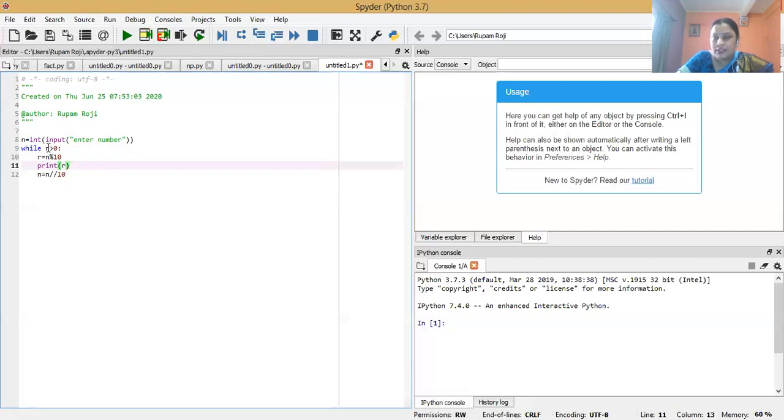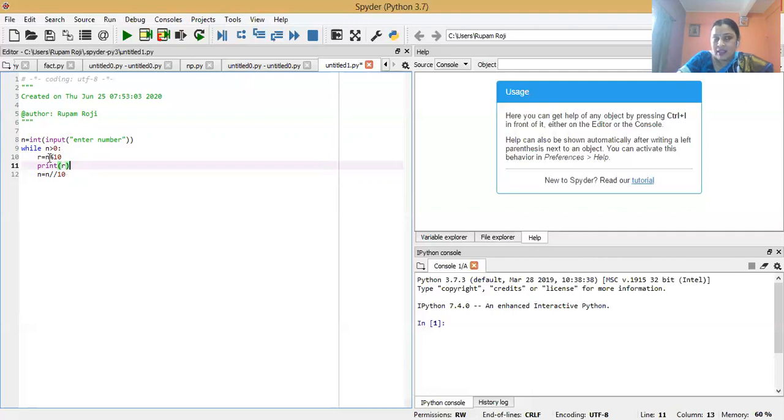Again 1, 2, 3 is checked in the while condition: 1, 2, 3 is greater than 0. Yes, then r equals 1, 2, 3 divided by 10, the remainder will be 3, and 3 will be printed, and 1, 2, 3 again becomes 1, 2. 1, 2 is greater than 0. Yes, then 2 will be displayed, and 1, 2 becomes 1. 1 is greater than 0.